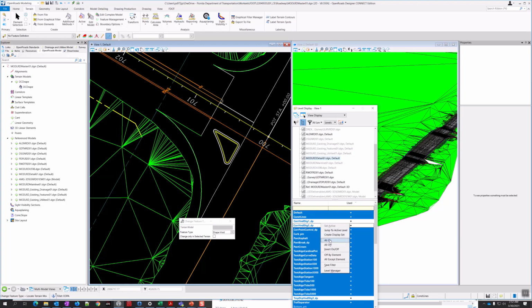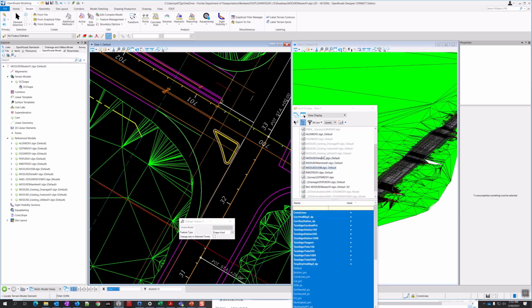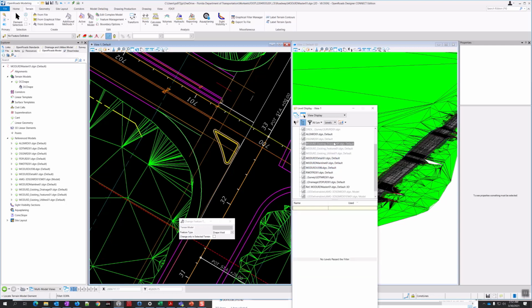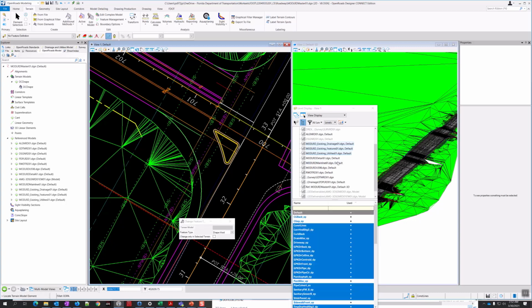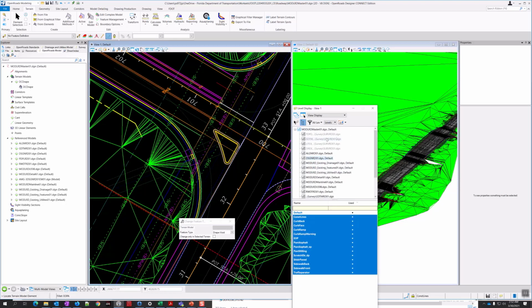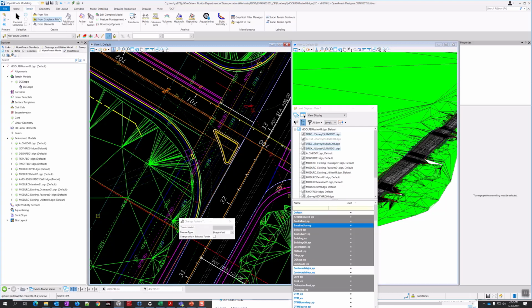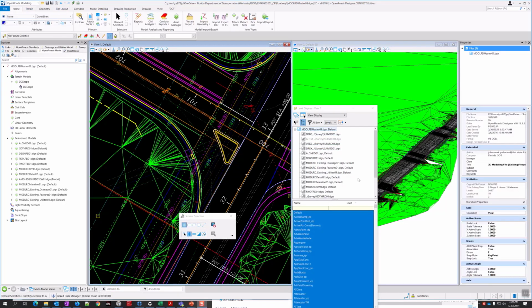So let me turn these levels back on. Turn this 98 and 61 back on. Better turn on the existing features too. So the next thing we need to do is drape the aerials in here. I turn on design, just to get it back where it should be. And save settings. Okay, so we have